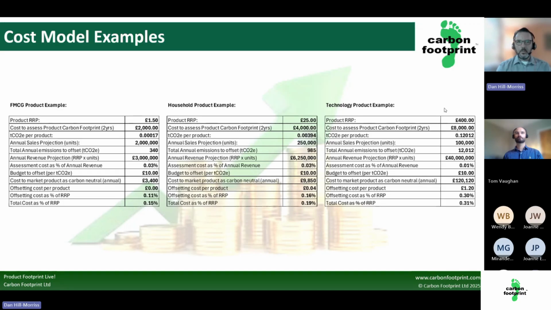So all of this is something that most organizations, most companies can absorb into their product cost. They can bring that cost in, and it's very, very clear that it is such an affordable piece of work